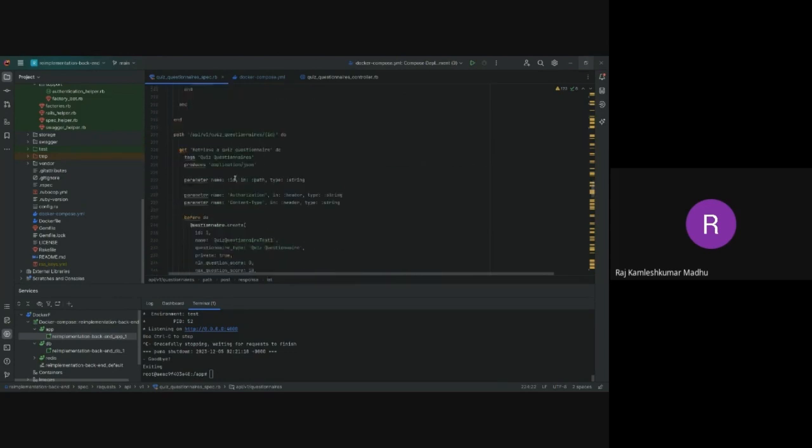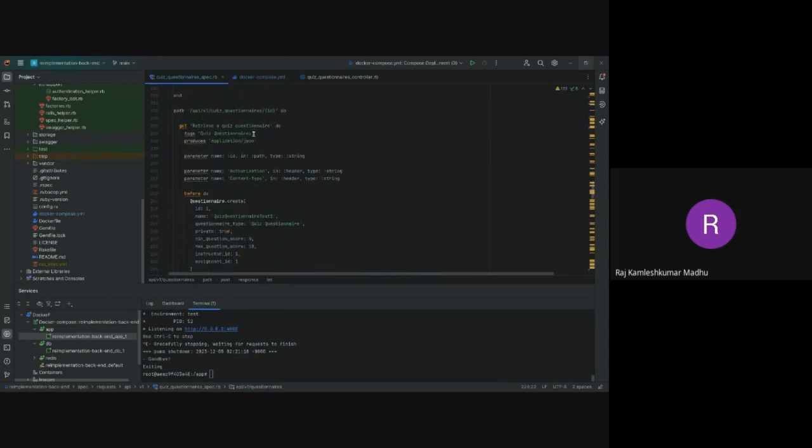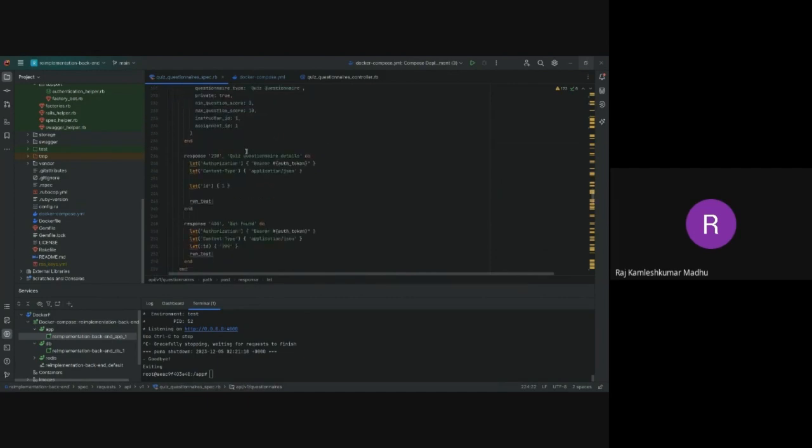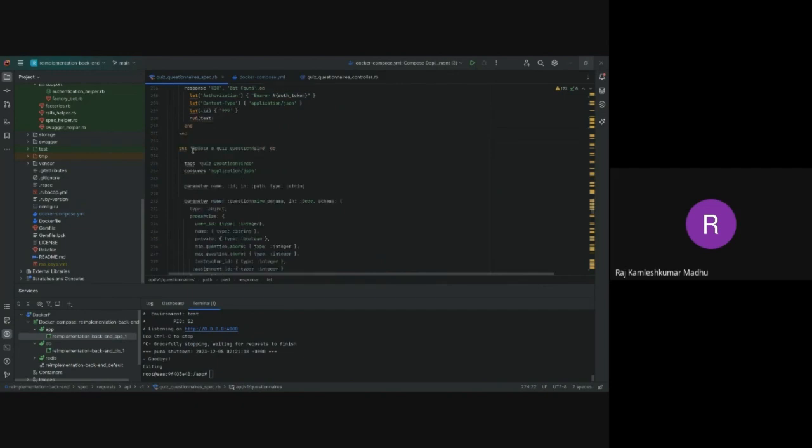Then we will test this API part. If we send a get request on that part, we are able to retrieve a particular quiz questionnaire with the ID that we sent. If we send the correct ID, then we will get a 200 successful status code. Otherwise, if we send an ID that is not present in the database, then it will return a 404 not found. We can also send a put request on the same URL